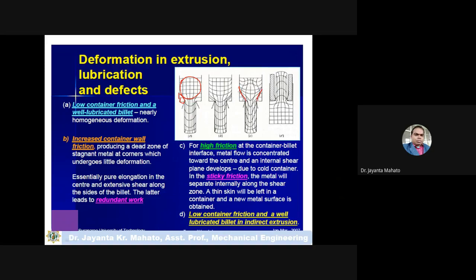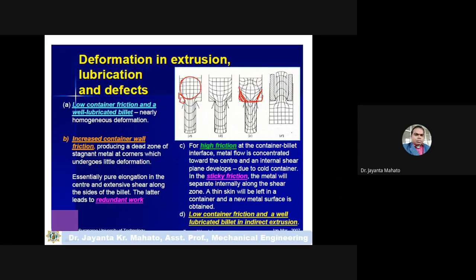You just see, let's say, when you remove the paste from a paste tube, then what happens at the mouth of the paste tube? This paste does not flow and does not come out. Okay, and you have to remove all the paste. You just press the paste tube by your thumb.